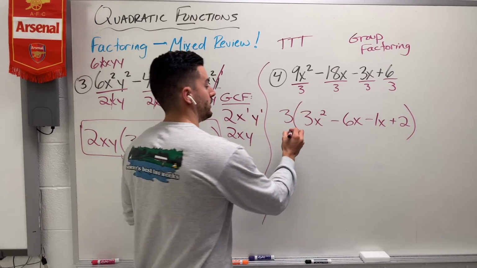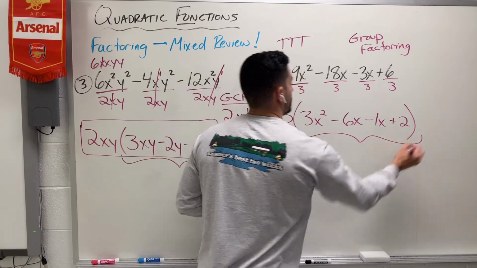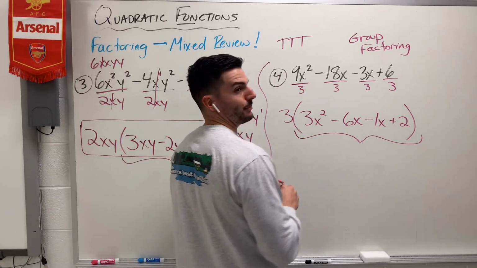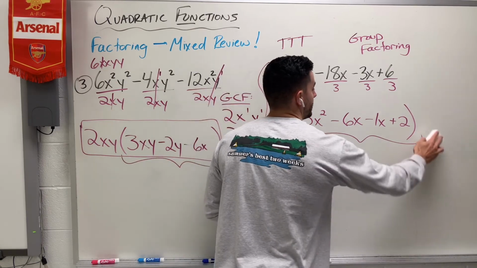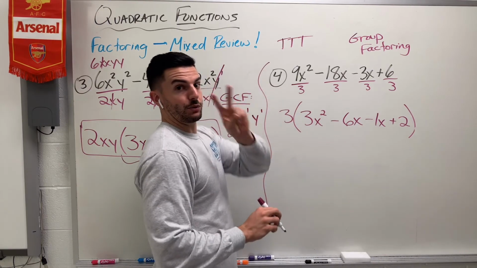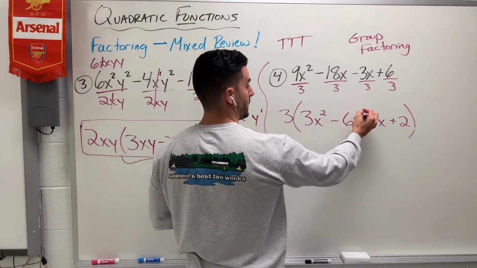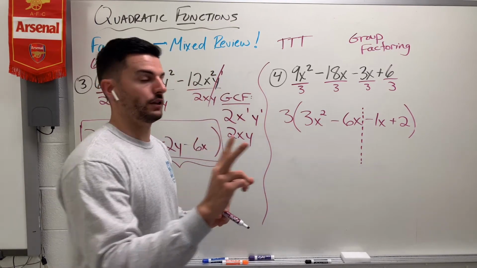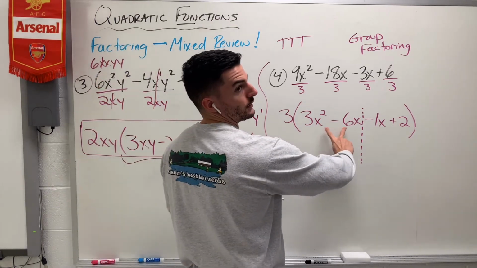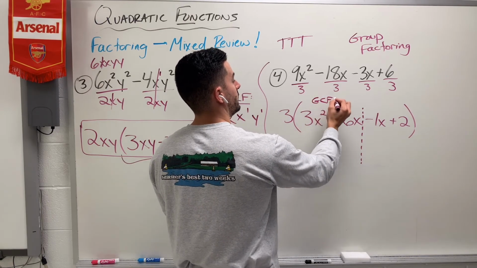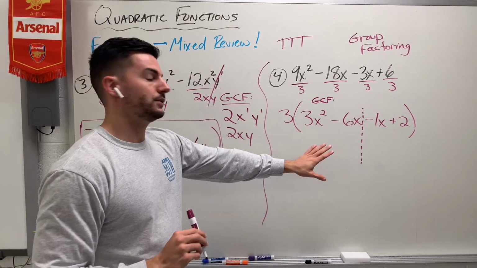But now I look at this group, and I think, I'm going to factor that using group factoring. So what that means is I take the group of 4 terms and break it up into 2 groups of 2. I just break it up right down the middle, and I focus on one of these groups at a time. So I look at this first 2 right here, and I find the GCF of these 2 terms,